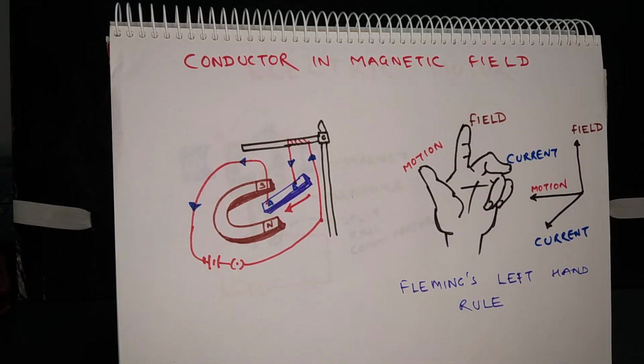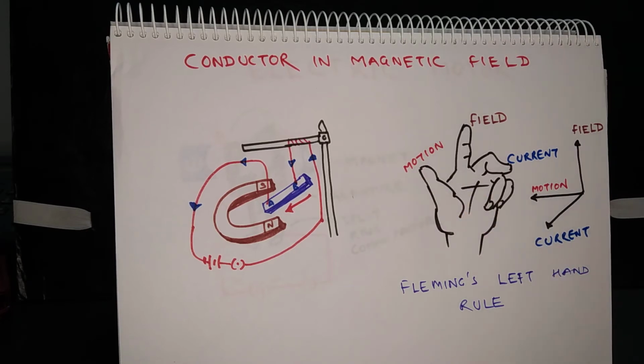To explain this, there is a law called Fleming's left hand rule. So put your left hand in a way that your index finger, middle finger and thumb are in mutually perpendicular directions, so that they make the three axes, that is x, y and z axis. Okay. So if the index finger is showing the magnetic field and the middle finger is showing the direction of current, then the thumb is showing the direction of motion.